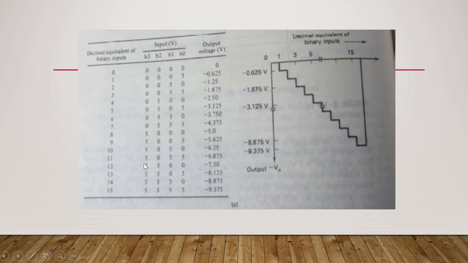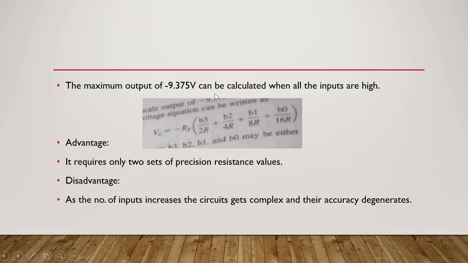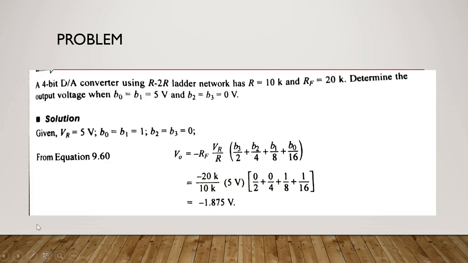Then you are going to construct this table for various values. You can calculate this using the formula. And then this graph is also very important. You need to draw this graph also. This equation you need to consider, and then advantages and disadvantages you need to mention. Either you may get the theory question or else you may get the problems. This is for only one combination they have given. Similarly, for the same problem, 3 to 4 various combinations will be given. For those, you need to calculate 3 to 4 different analog values using this formula. The same formula you are going to make use of.